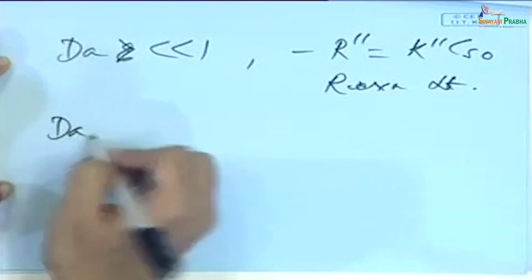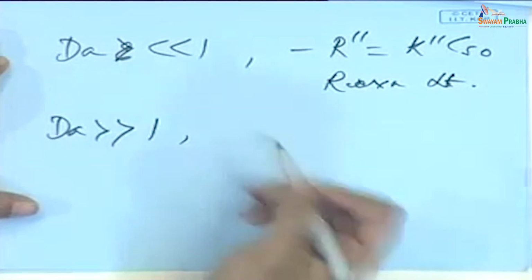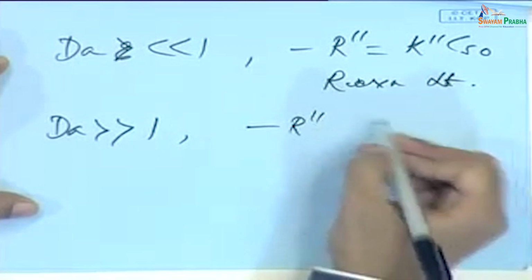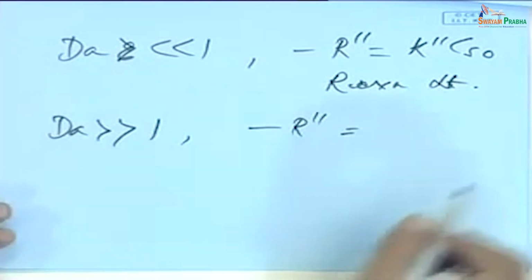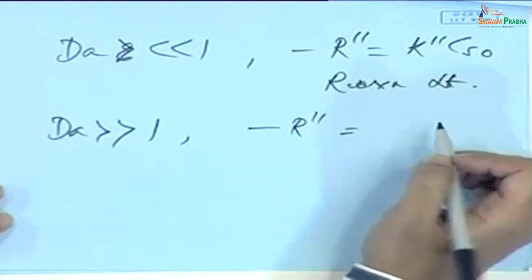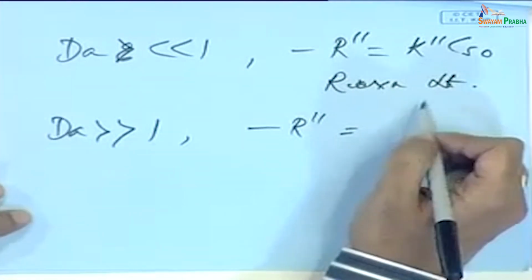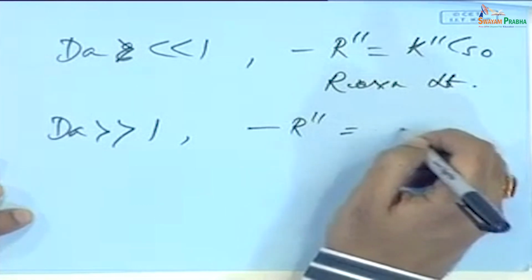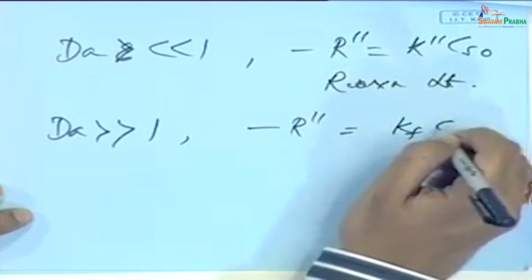And for Da much greater than 1, then your minus R double prime equals Kf Cs naught,